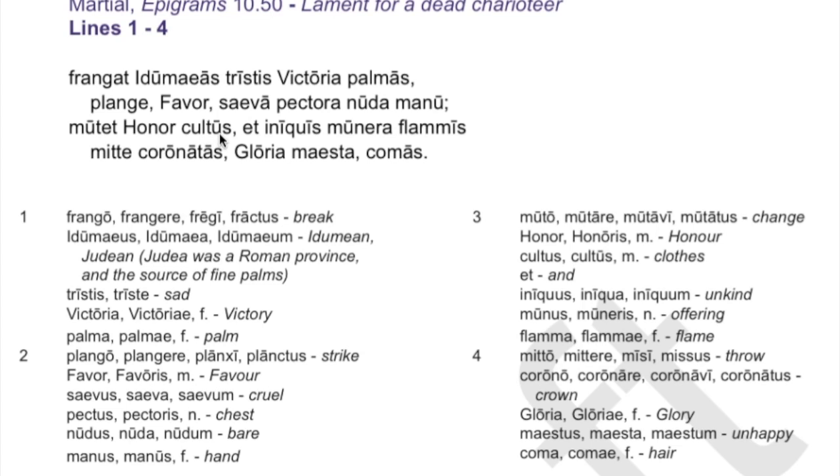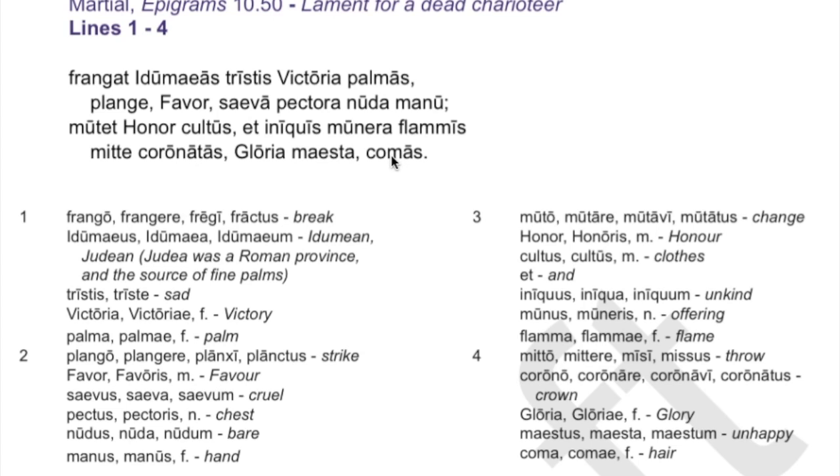So let honour change its clothing, and then the pattern changes a bit, because we now start talking to sorrowful or grieving glory before the 3rd line ends. So this 3rd and 4th line runs on. There's some enjambement going on there. I must remember that word. So that the pace kind of picks up and it gets more emotional towards the end. So let honour change its clothing, and grieving glory send, mite. Okay, throw, it suggests here. Throw your coronatas comas, throw your crowned or garlanded hair